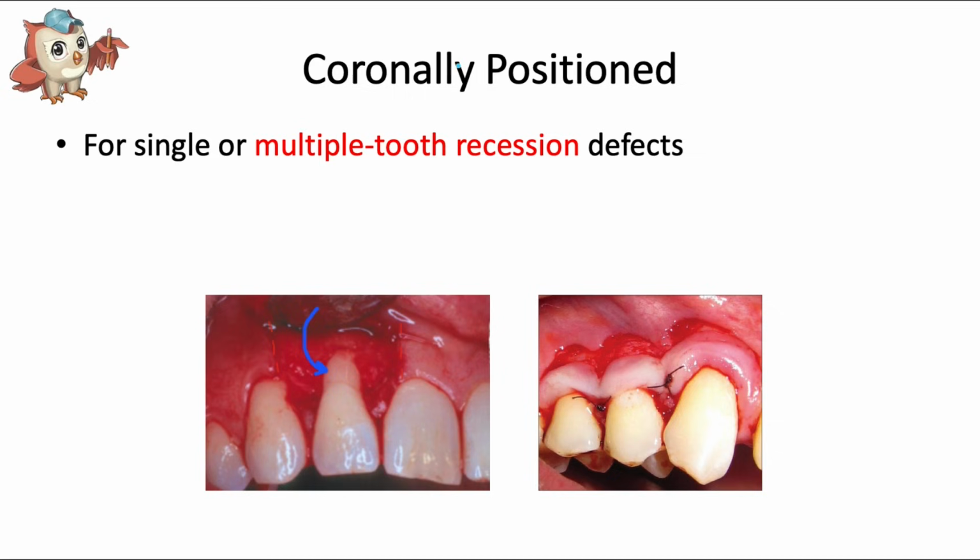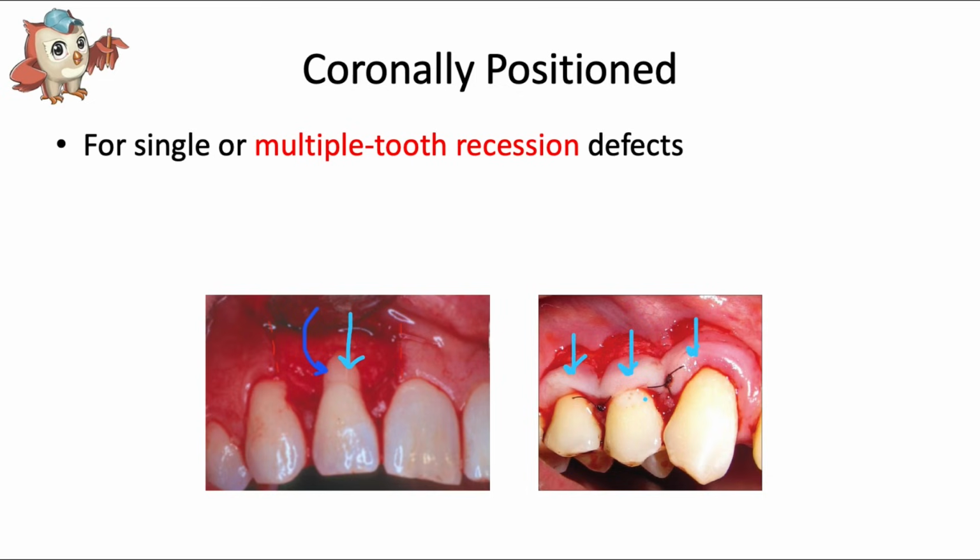First, we have the coronally positioned flap. This is a type of displaced flap, and it's also called the coronally displaced or coronally repositioned flap. There are actually various techniques for doing this. As you can see, those two pictures are vastly different from each other, but the reason for doing it is pretty straightforward. You coronally advance gum tissue toward the teeth in order to cover a recession defect for one or